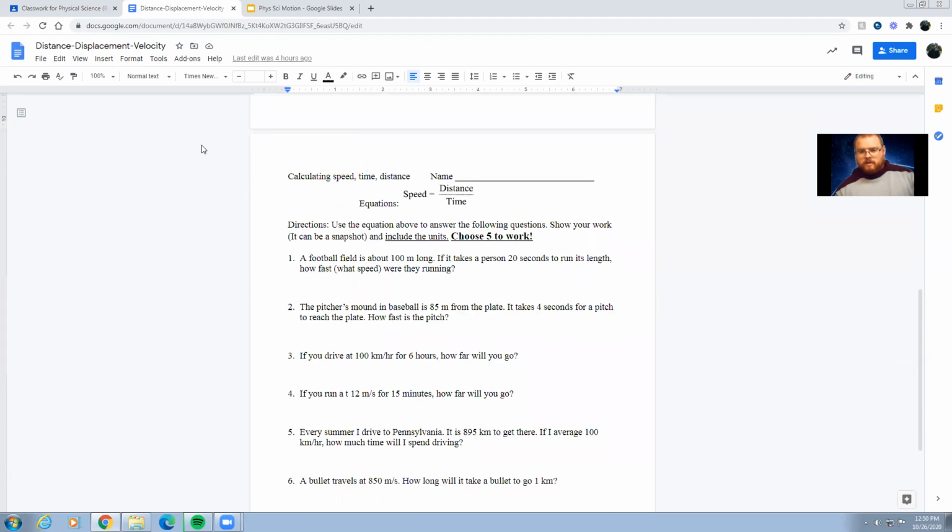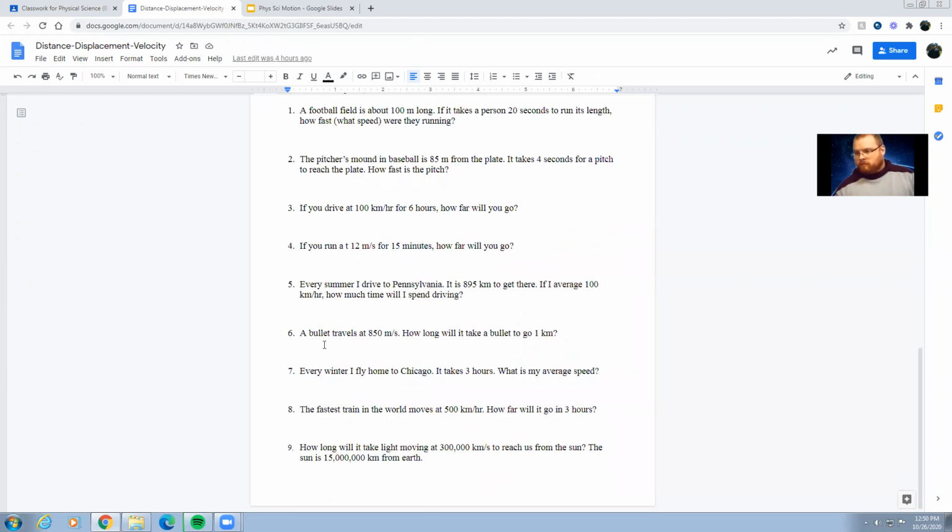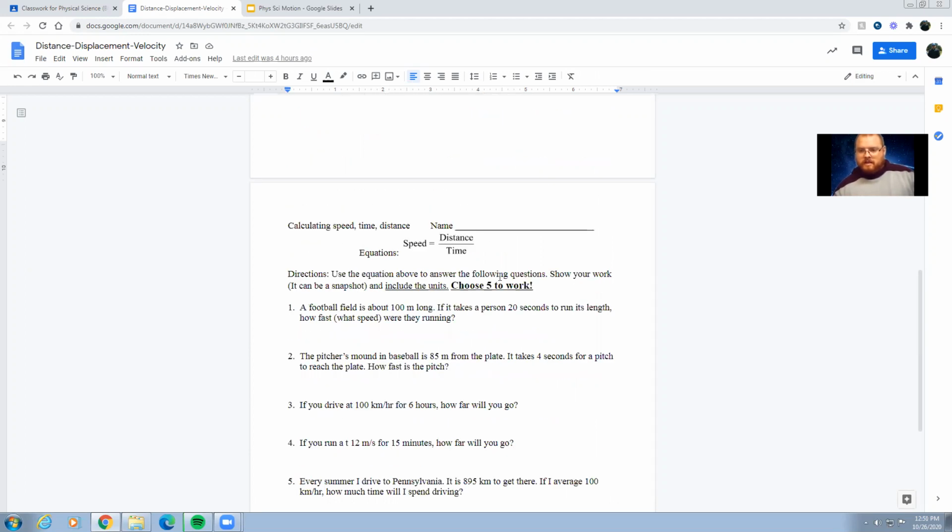And then on the second one, calculating speed, time, and distance. Going to use those formulas from the previous section that we just covered, and choose 5 to work there. Again, still bonus points, but